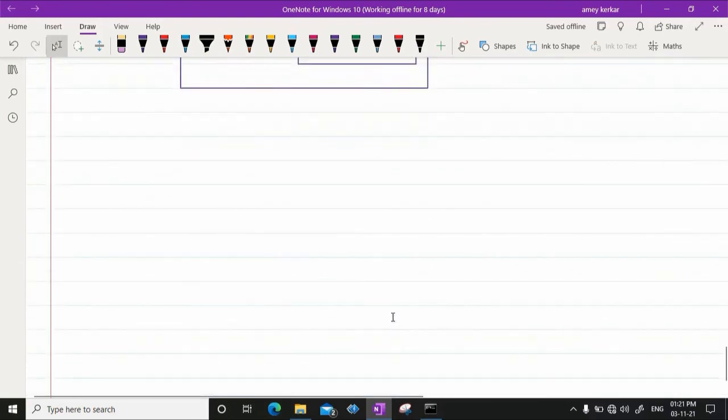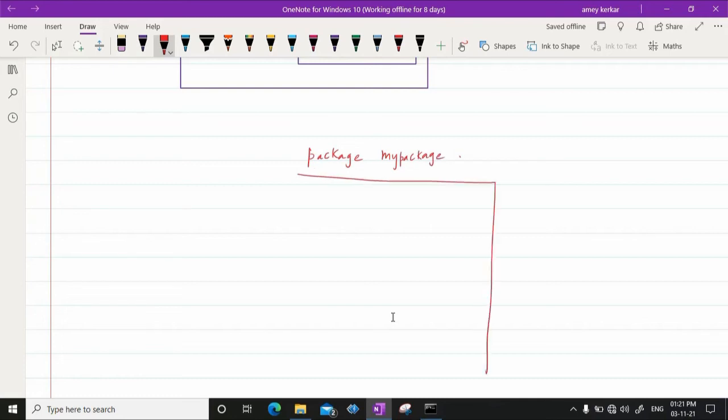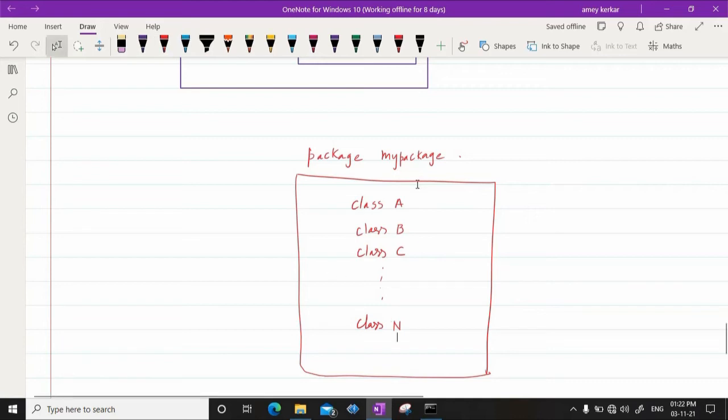Now, suppose I have a package, I will call it mypackage, and suppose in my package I have some classes, say class A, class B, class C, till say class N. Then I have converted all these classes into bytecodes, and let us say the bytecode of all these classes are there. Okay. Now, many a time what happens is,